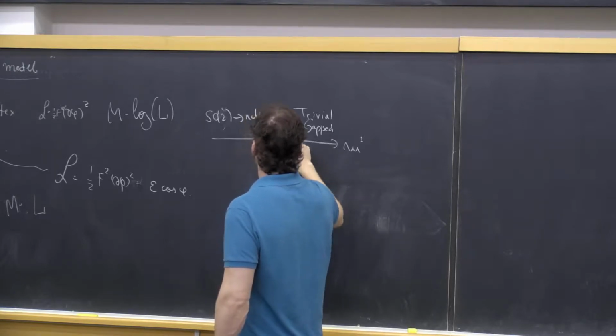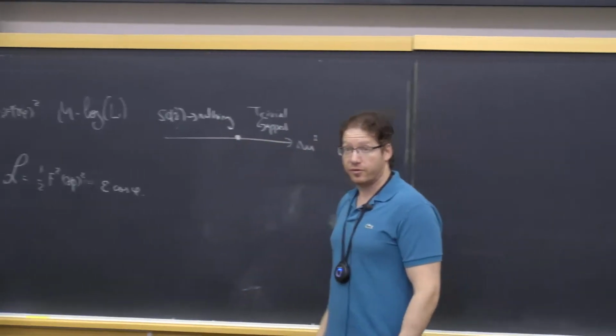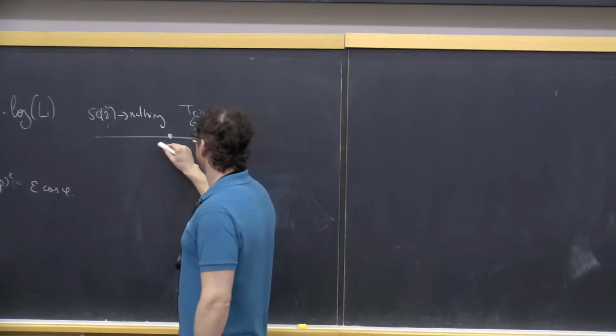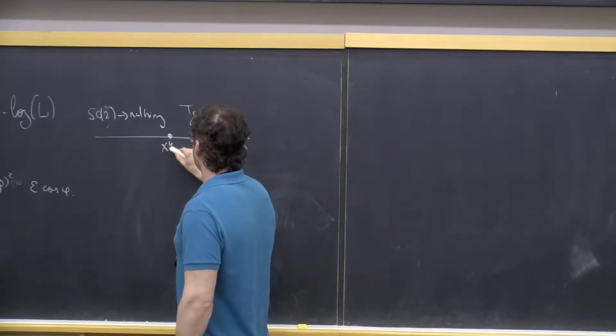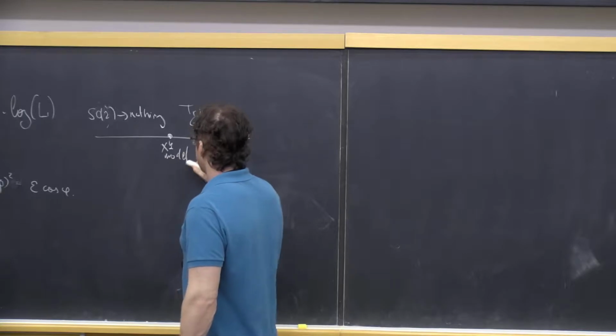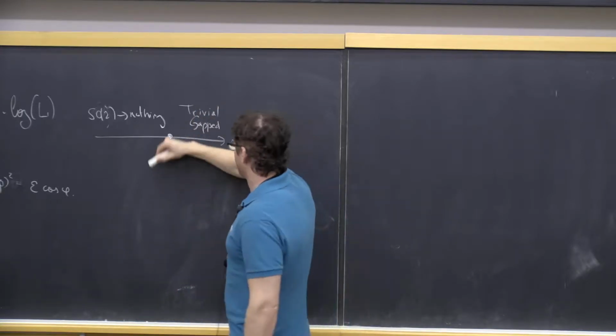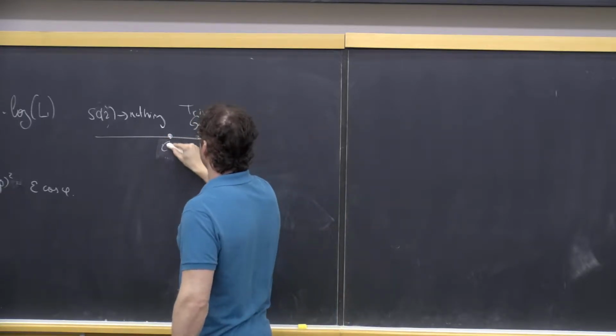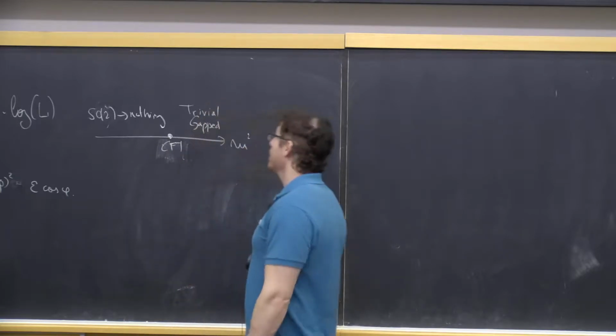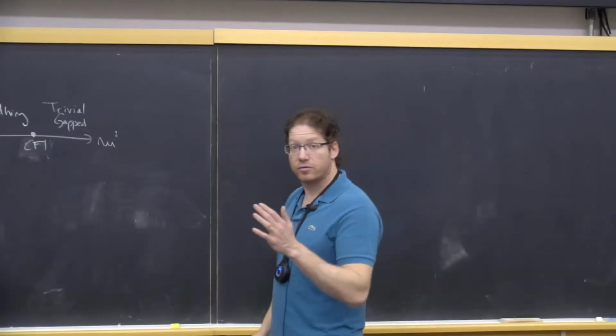And then there is a phase transition point described by the O(2) Wilson-Fisher fixed point, or the XY model. So here we have the XY model. The fixed point, well, there is a conformal field theory. Let's just write conformal field theory. Okay. Now let's try to understand the phases of the gauge theory.